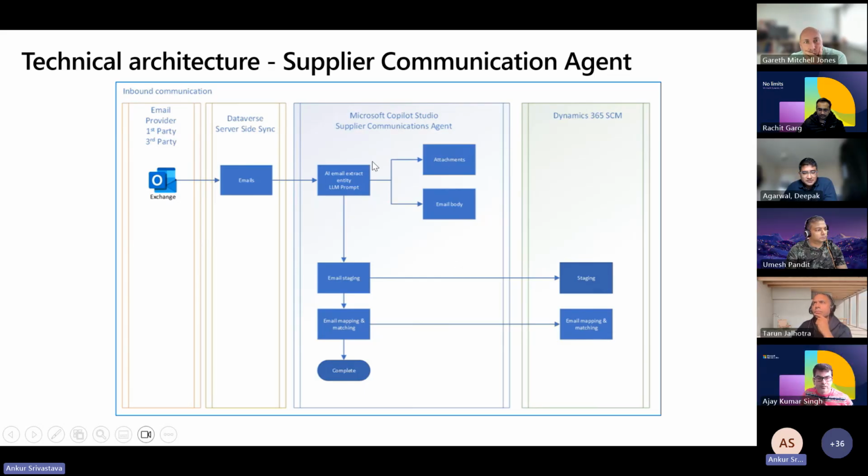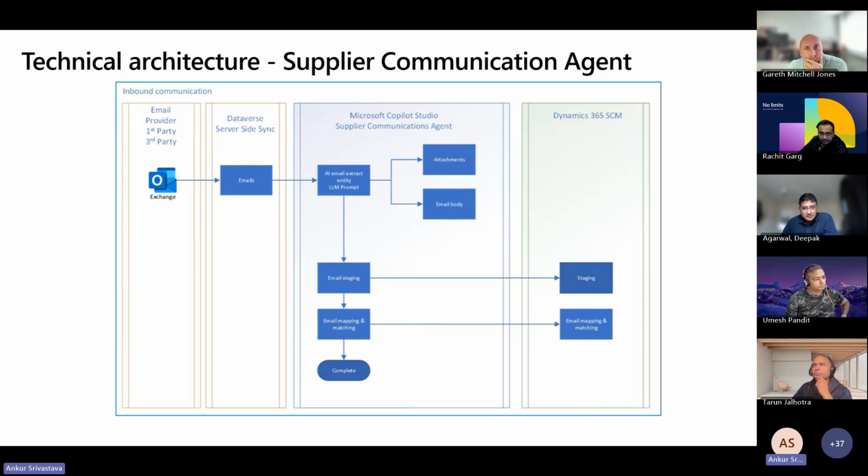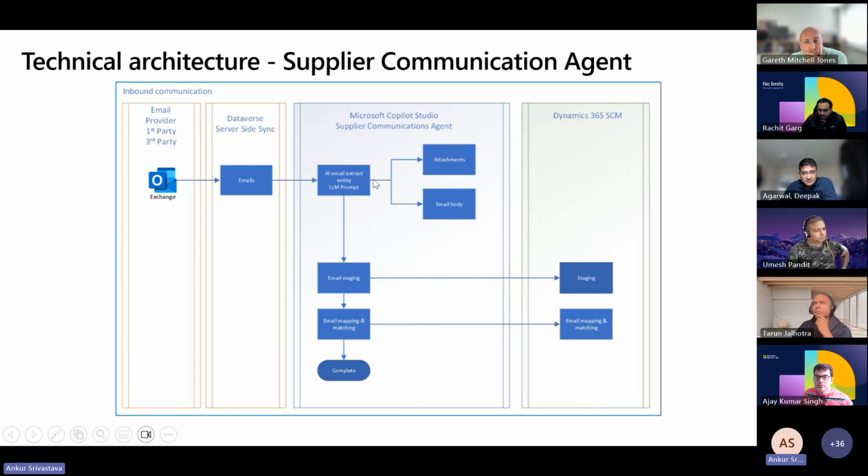We are capturing the emails in the Dataverse, but after that, the email entity extraction and the LLM prompt happen in Copilot Studio, where we go through the attachment and email body, and then put the data into the email staging. So Copilot Studio plays the role at this particular point.